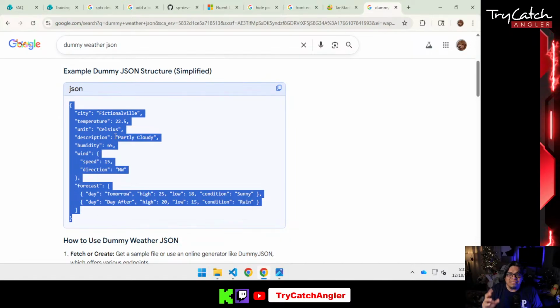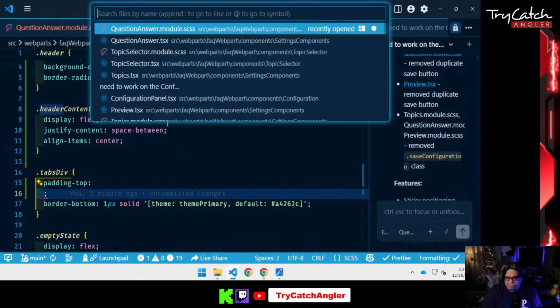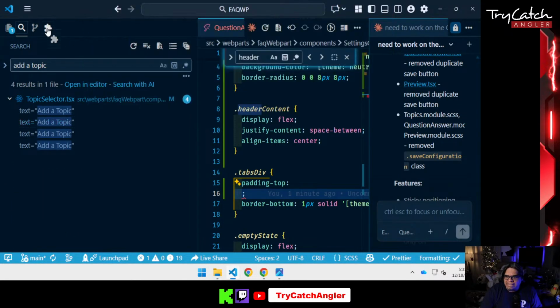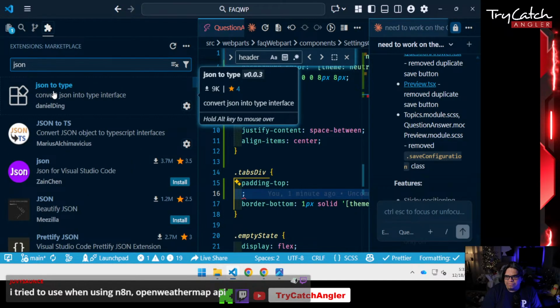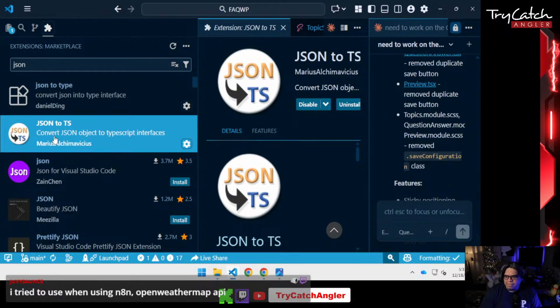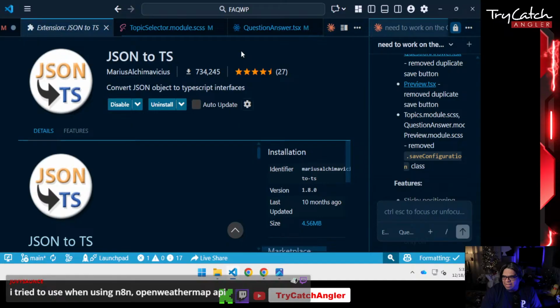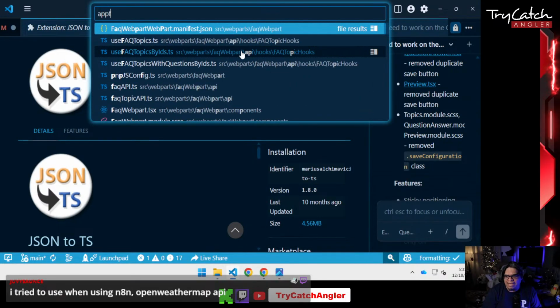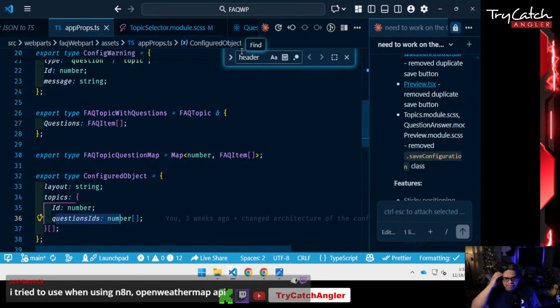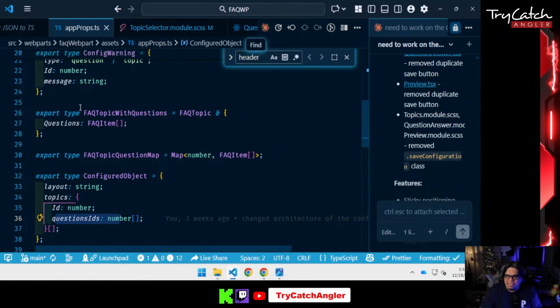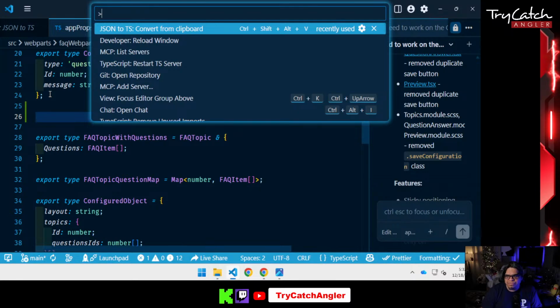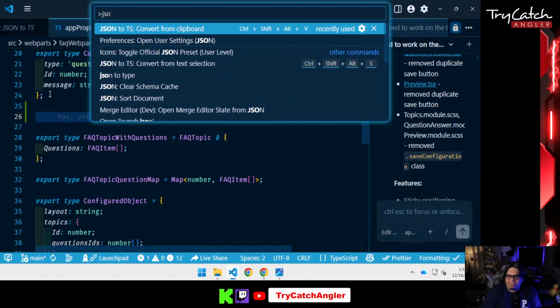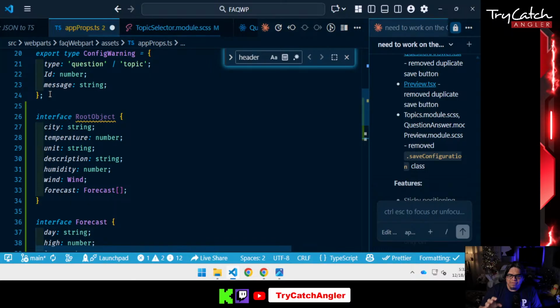If I want to create a type from it, there is an extension in Visual Studio Code called JSON to TS. This one right here. You want to create a file called app props, or you can call it whatever you want. This is where you store all of your types for your application. And you can press Control-Shift-P in Visual Studio Code and look up JSON to TS, and it's going to take the data that was in your